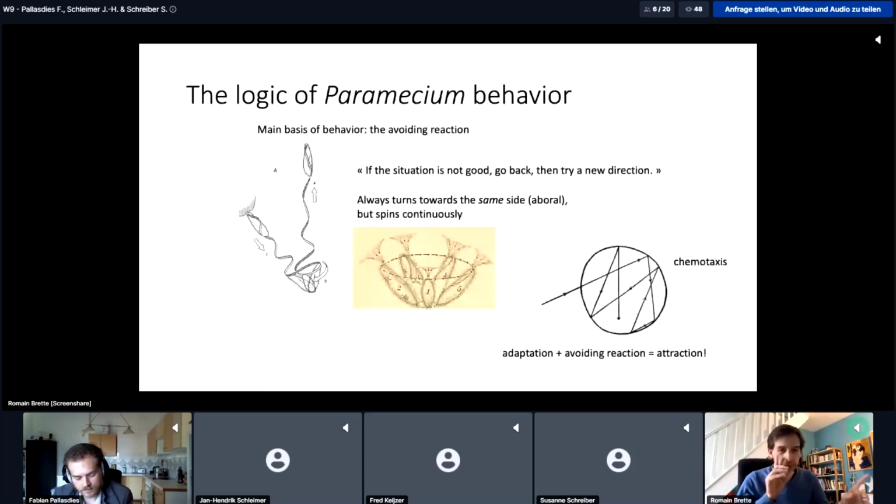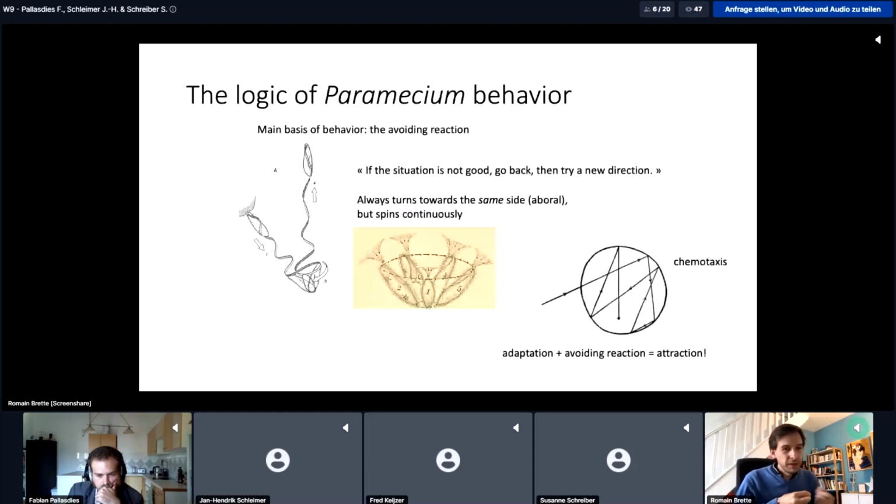As a side note, what's interesting compared to mammals and metazoans, usually when we think of motricity, we think of it in terms of motor control, either feedback control or planning, and all that involves some kind of measurement. But here it's a little bit different, in fact. It's more trial and error.